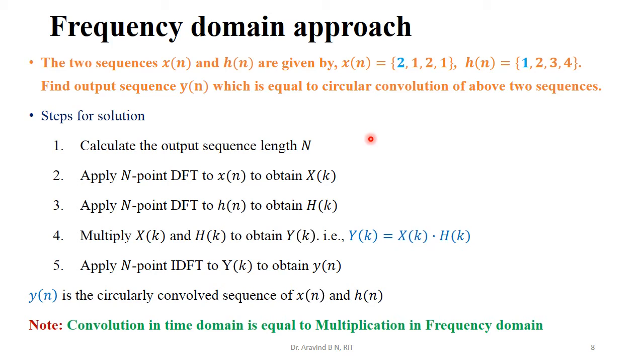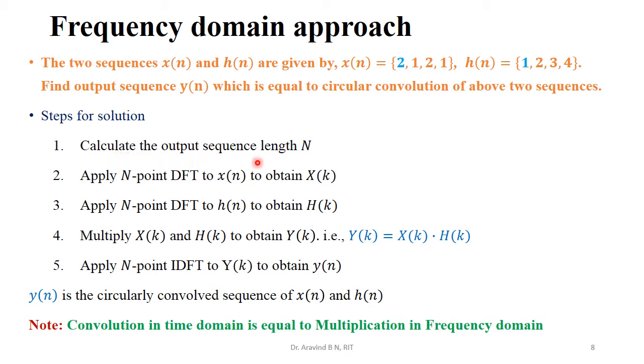Before getting into the actual solution, you must remember the steps for the solution. These are the 5 steps we have for the calculation. In the frequency domain, there must be a presence of DFT and IDFT. Only then can we say it is a frequency domain solution. But the input will always be given in terms of the time domain. Right? X of n and h of n are in the time domain. We need to convert that into the frequency domain. Then only it will be known as a frequency domain solution. So let us go through the calculation steps.